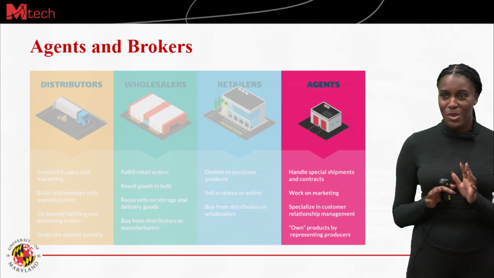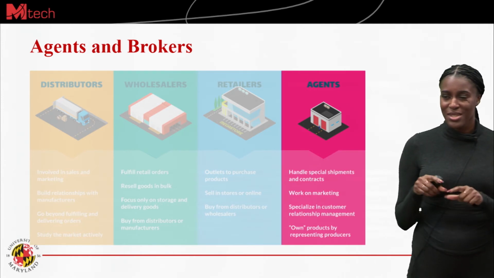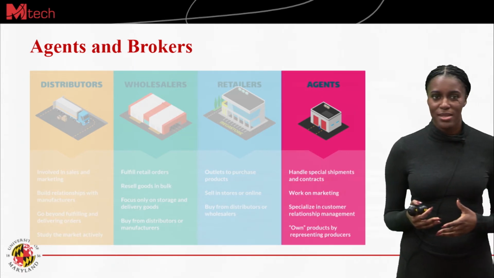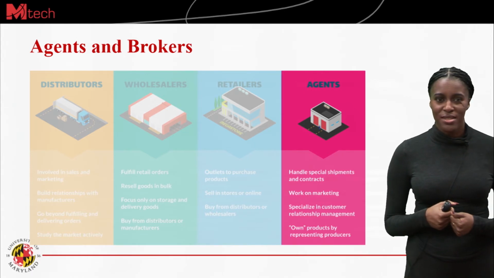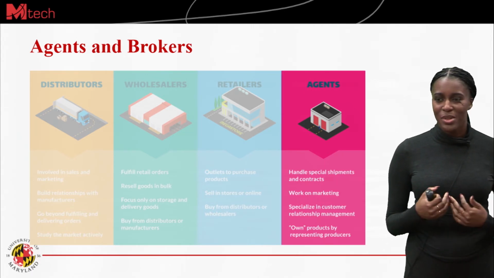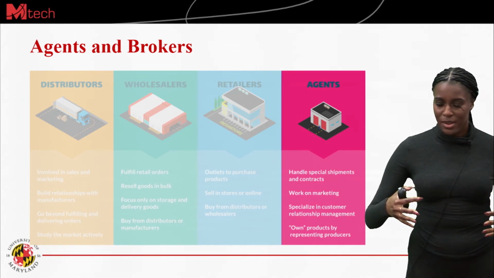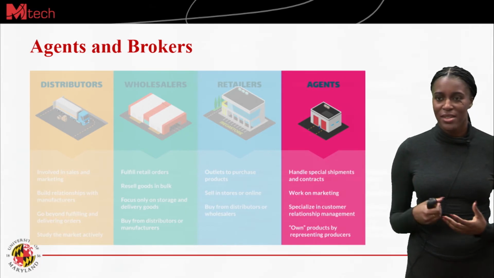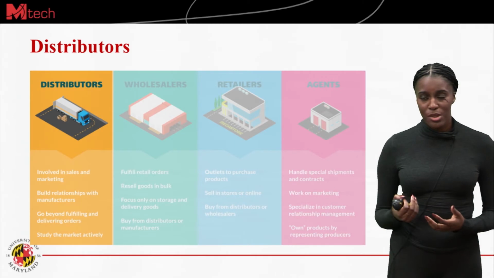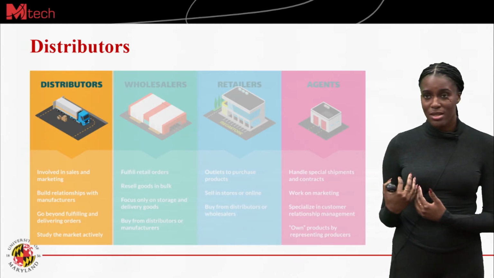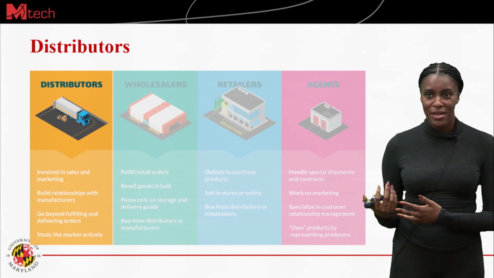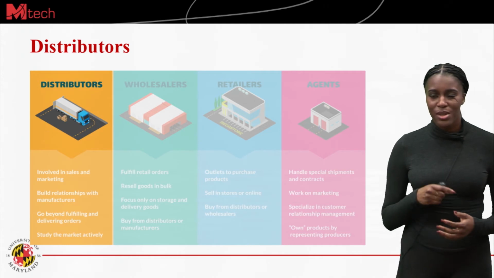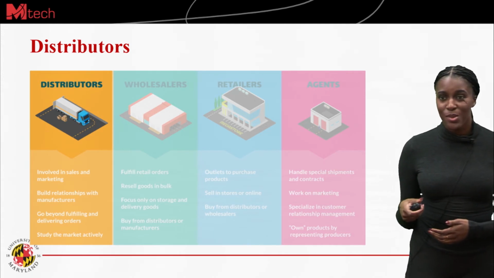Now, agents is where we start to get into intermediaries. So this is the indirect channels. Now, agents act as representatives on behalf of the business. They do the negotiations, they work on the marketing, and they really act as if the organization is almost their own channel, even though they're acting on behalf of the distributor. Now, distributors are ones that take the product from a particular service provider, and then they distribute it to wholesalers and retailers on their behalf. And so they're doing a lot of the logistics. So Amazon is a great example of a distributor.